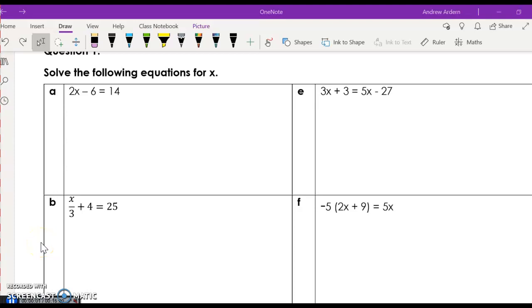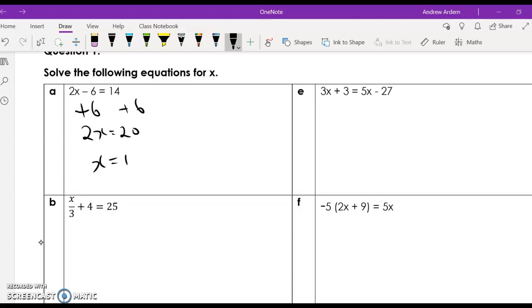First one, I'm going to add 6 to both sides of the equation. So therefore 2x must equal 20 and x equals 10. And I'll go to question B. I'm going to subtract 4 from the left and subtract 4 from the right. That gives 21 on the right, and it gives x over 3 on the left. And then I have to multiply both sides by 3,